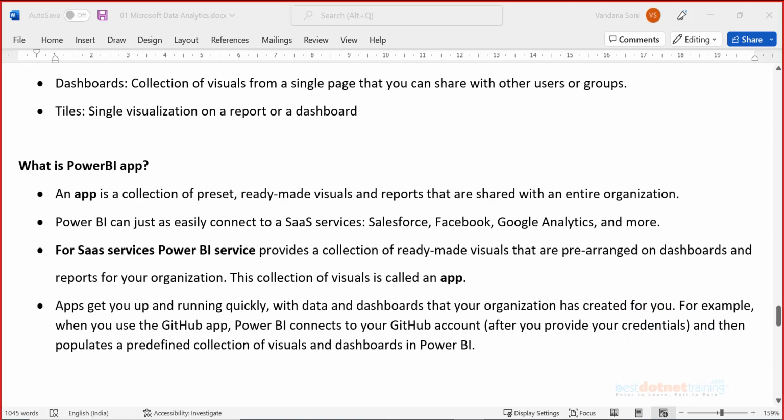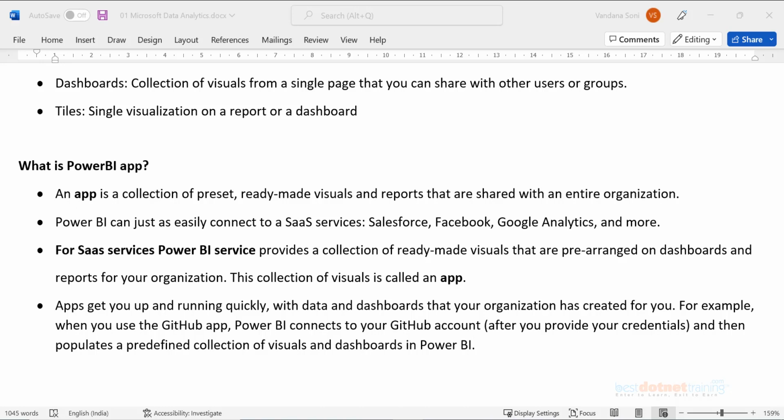What is a Power BI app? In Power BI you can create an app, or there can be a pre-built app also. An app is nothing but a collection of ready-made visuals and reports that are shared with an entire organization.